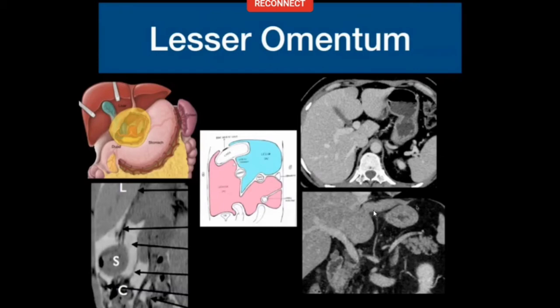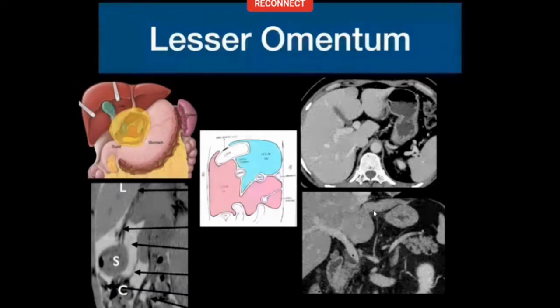The lesser omentum has two parts. One part which is next to the stomach is called the gastrohepatic ligament. One part which goes from the duodenum is called the hepatoduodenal ligament. They are in continuity. The hepatoduodenal ligament is seen by the portal vein, the common hepatic artery and the bile duct. So the portal vein runs in the free edge of the lesser omentum. That is all you need to know.